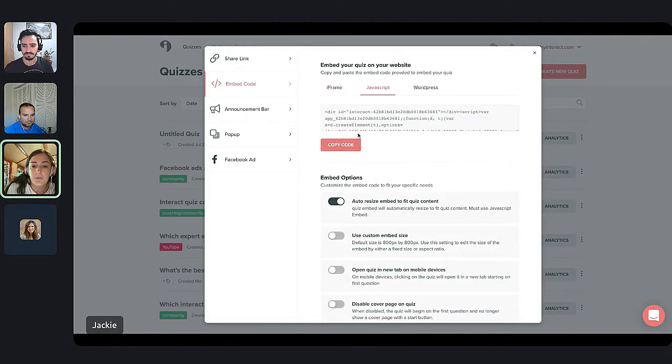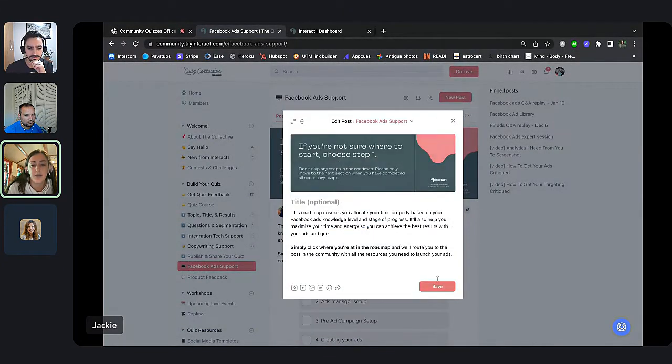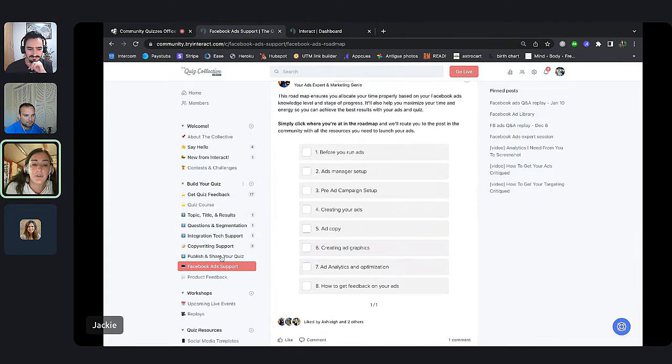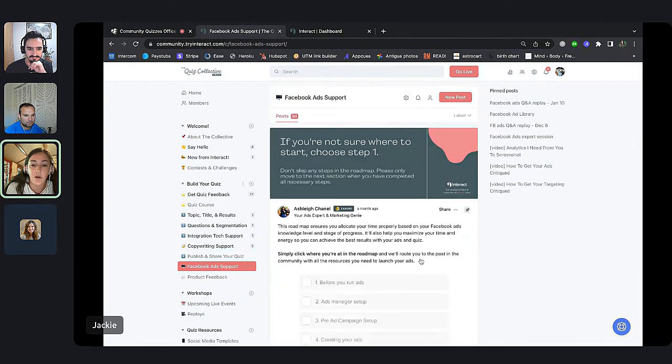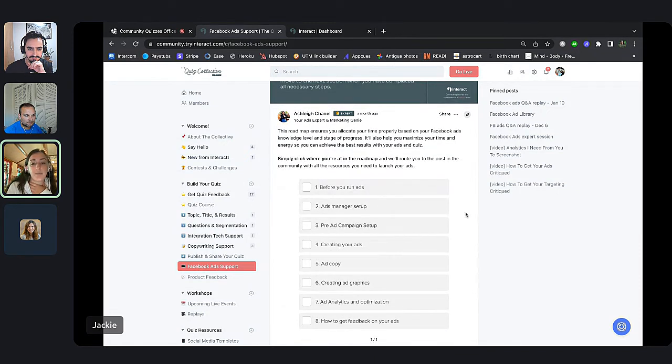So I just took the JavaScript right here, copy code, and I should just share my whole screen so I can switch tabs here. And then in here, I just pasted that embed code right here. So then when you hit done, it appears. You actually can't see it, which is a little, I was like, oh no, it doesn't work, but anything doesn't appear here. But when I hit save, the quiz is right here. And anytime I come back to this space, it always starts me at the beginning of the quiz again. So at any time somebody is coming through here, they're able to click in on where they left off or where they need to go to next.